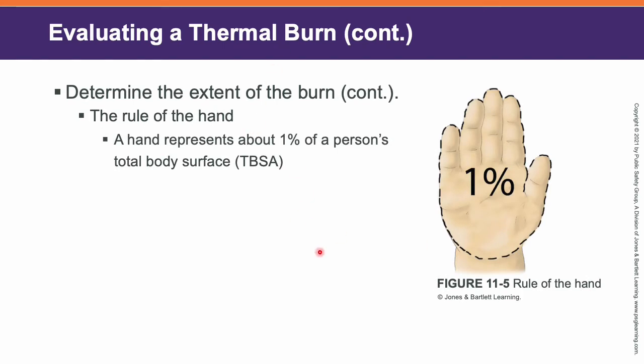Another way to evaluate it and determine the surface area is by the 1% rule, or the rule of the hand. So the size of your hand is about 1% of your total body surface area. So if you take your hand and put it over where the burn is, however many hands you can do over the surface of the burn, you get 1% for each hand, if that makes sense. Anyway, just a really good way to evaluate things. Good information for first responders when they arrive in the hospital, to help them know what they're dealing with.